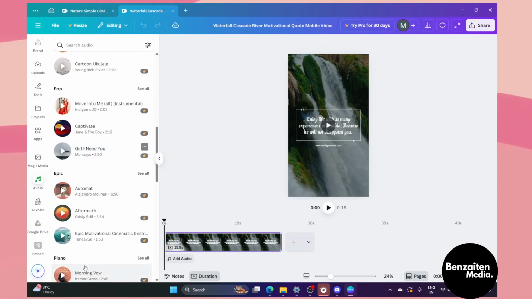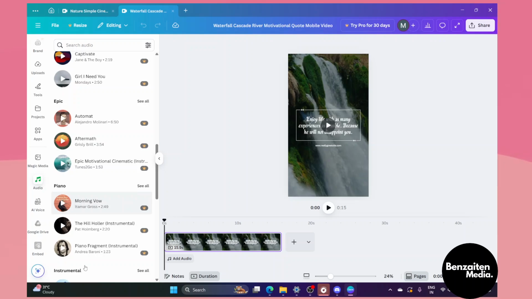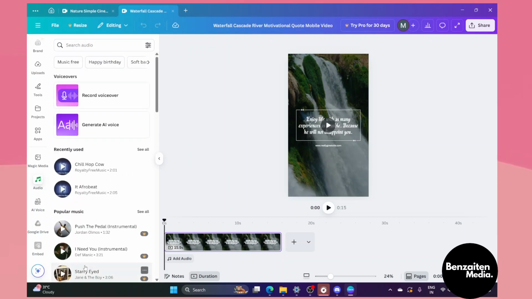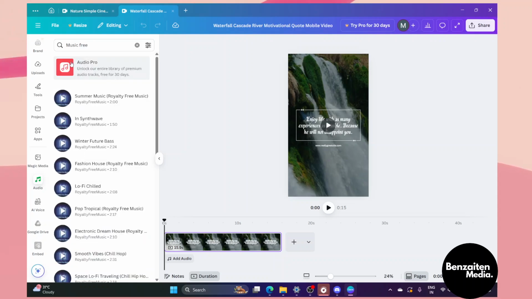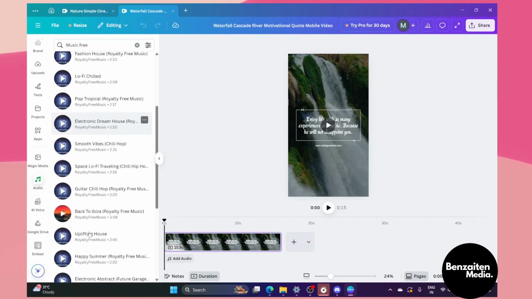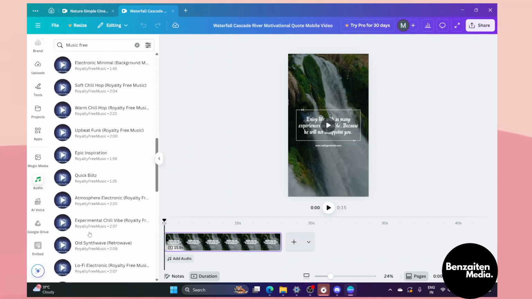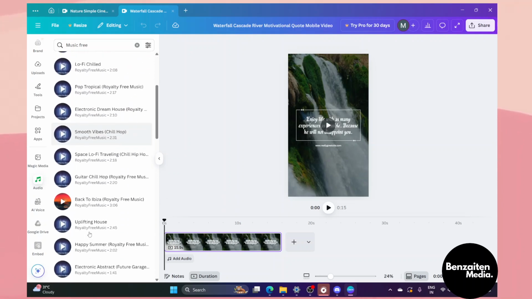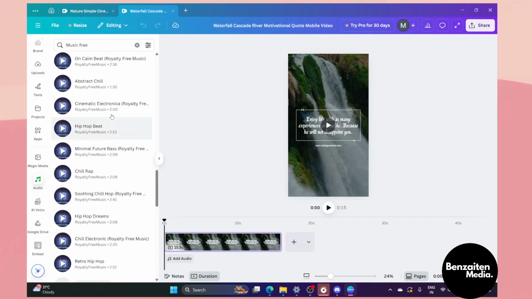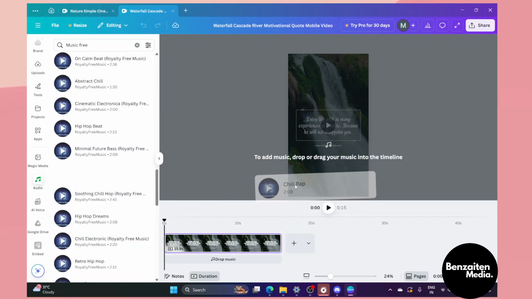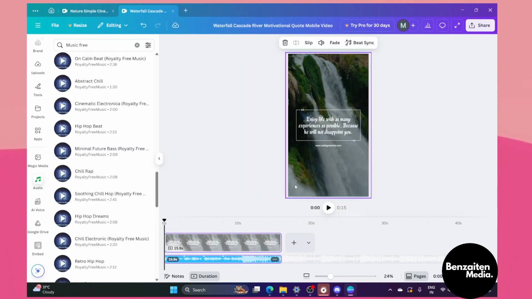Some of the audios are only available if you have Canva Pro, but you will see a music free tab at the top. So once you click on that, you will see there is a list of audio tracks we can use for free. So select any of these audios and then you just have to drag and drop it onto your video